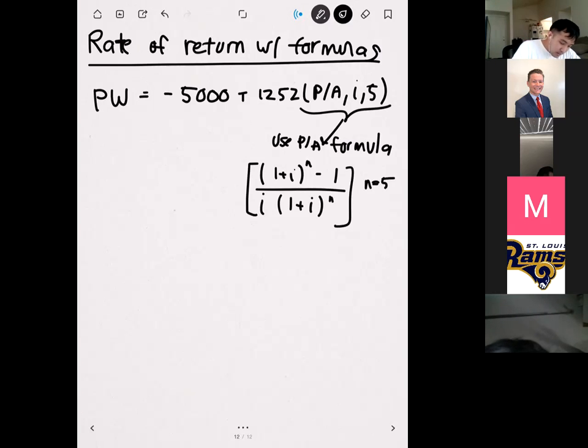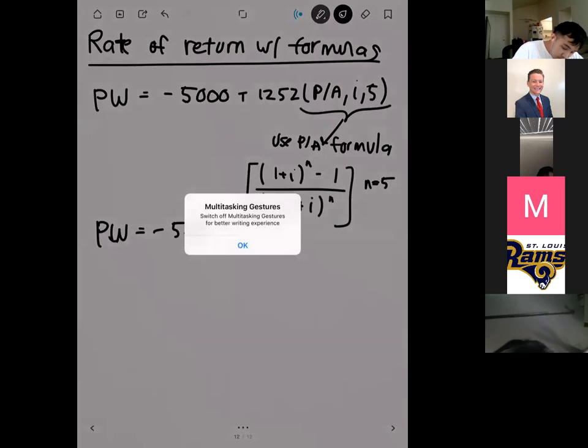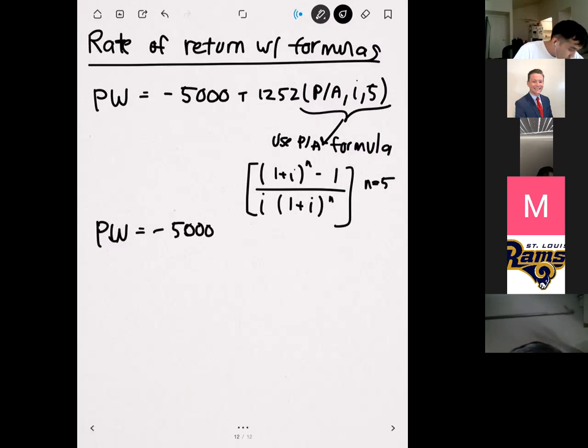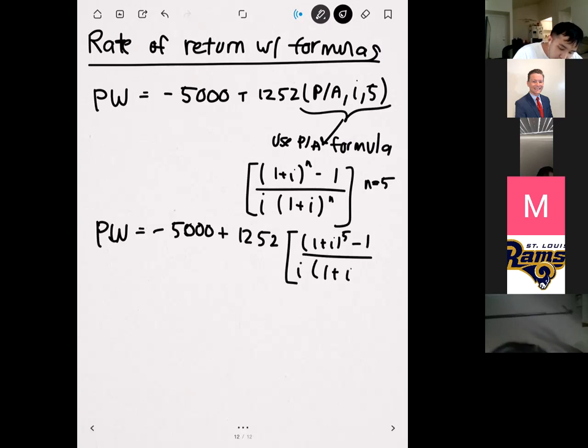So we got our present worth is equal to minus 5,000 plus 1,252 times (1 plus i) raised to the 5th power minus 1, all over i times (1 plus i) to the n. Okay. And so what you can do is set this equal to 0 and solve for